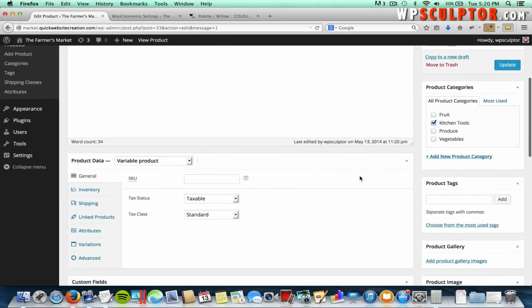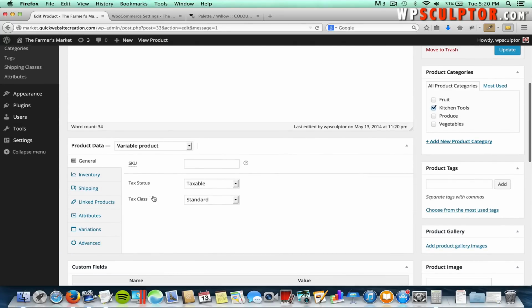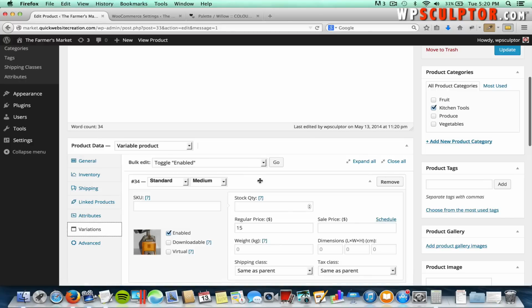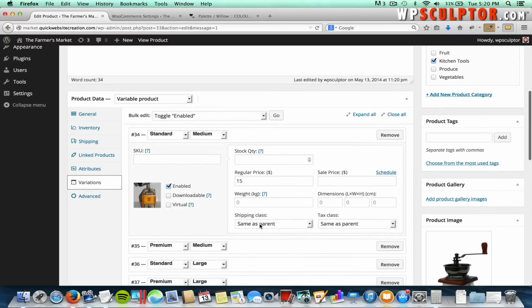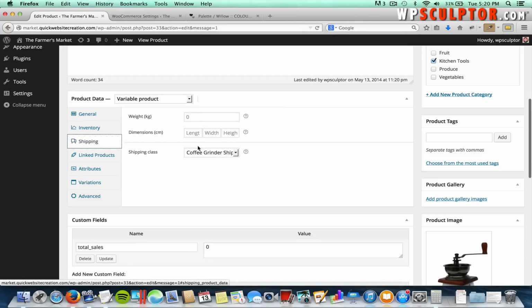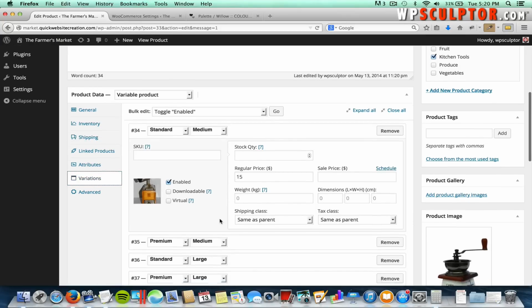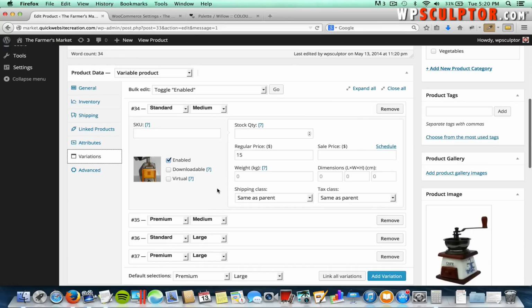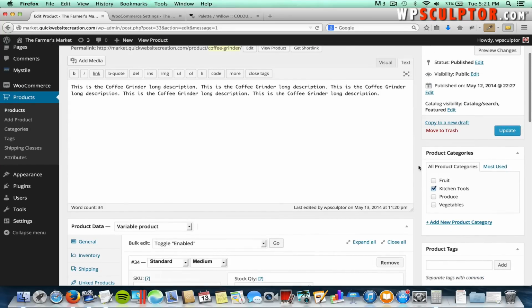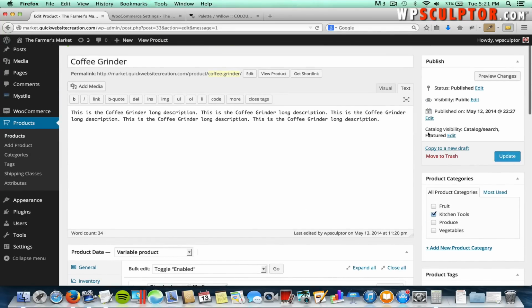And if you scroll down again, I want to point something out. Since we have 4 variations for the coffee grinder, if you click on those variations right there, and we click here to open one up, by default, the shipping class of each variation will take on the same shipping class as the parent, and in this case, the parent was set up right here. So all of our coffee grinders, all the variations will take on this shipping class. If you did want to change those shipping classes, if you had multiple shipping classes for the different variations, you could do those individually here with these options. But we want all our coffee grinders to incur an additional $3 shipping charge. So we're going to update the page, and we're going to view our front end